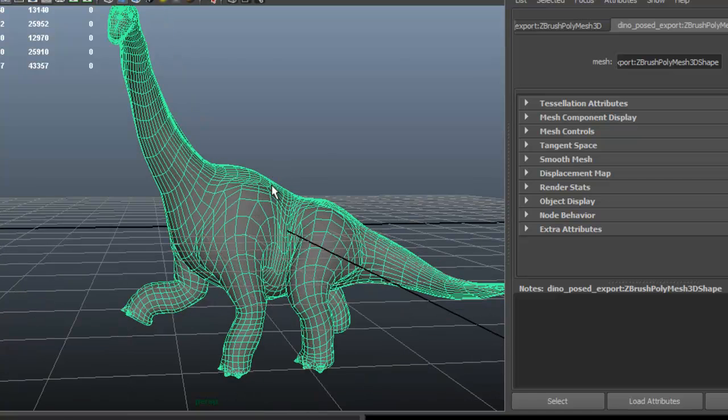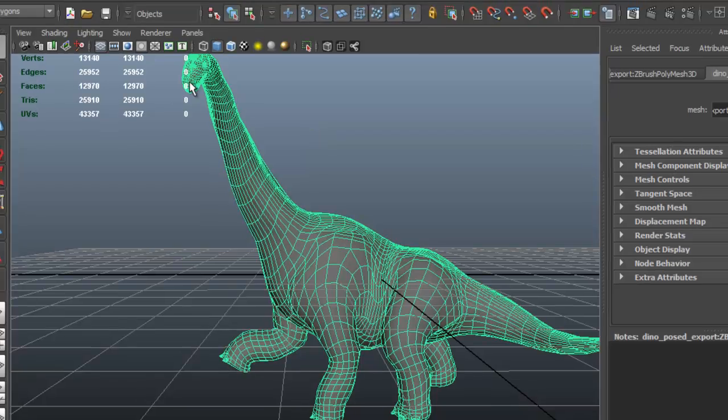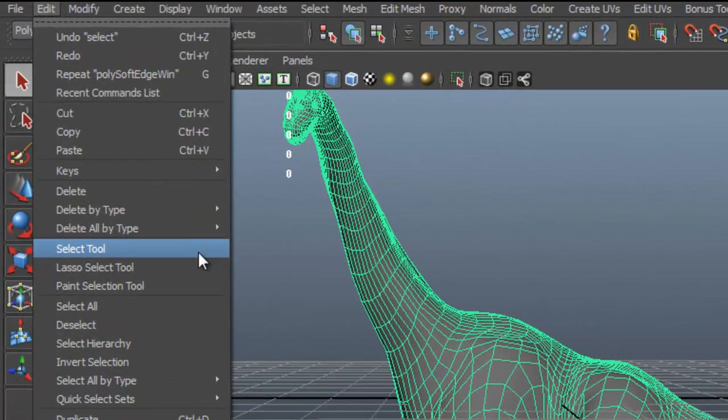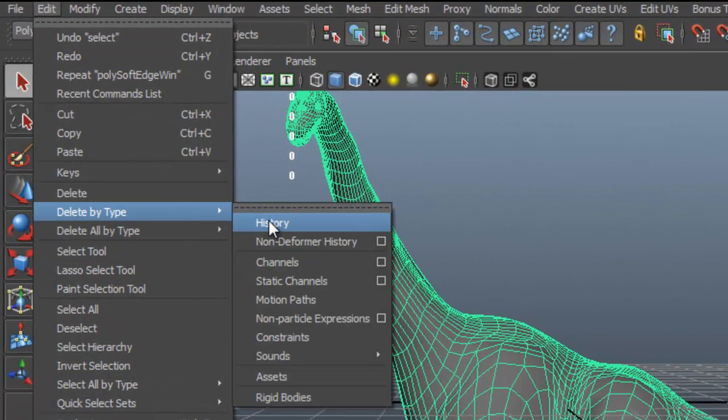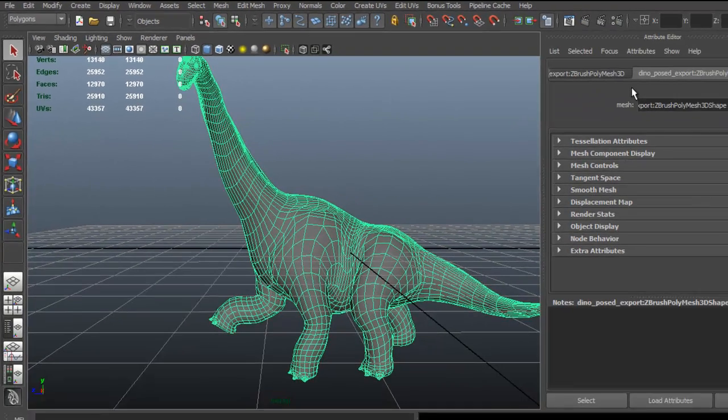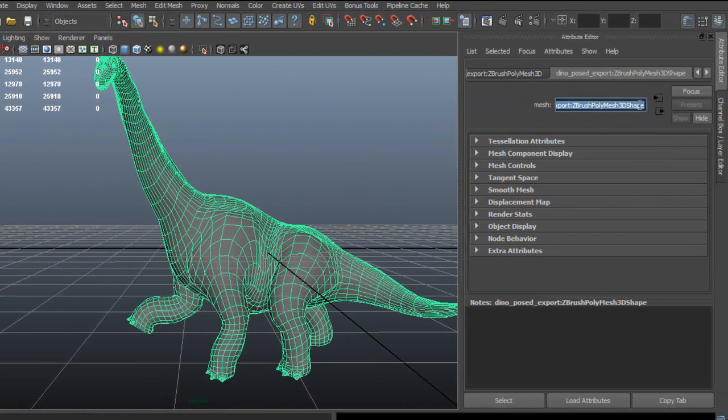So now we want to apply the textures to the model. First I'm going to delete my history. Go to delete by type history. I'm actually going to rename this. Go to Lambert,